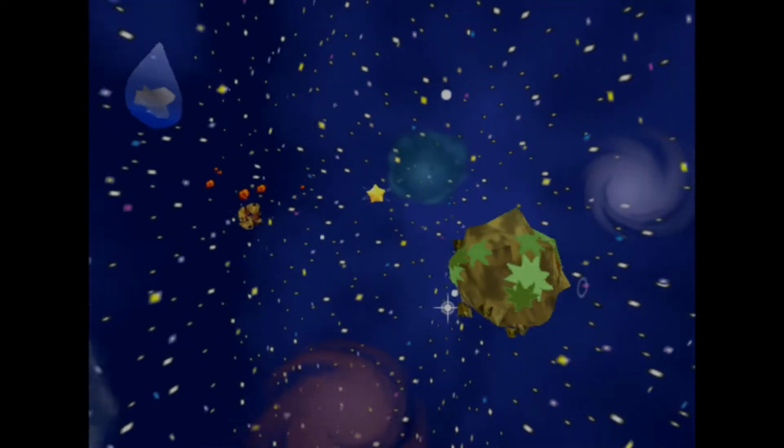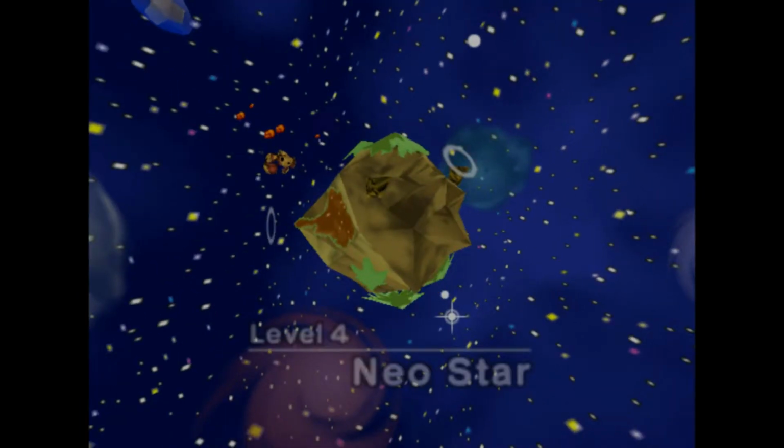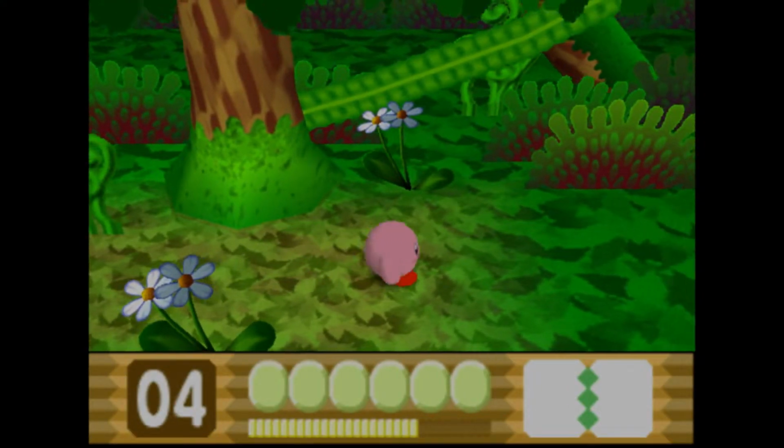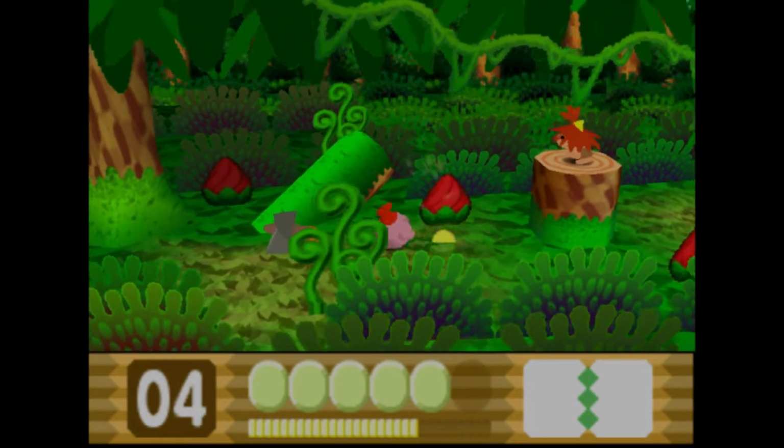In that previous episode, we finished off Aquastar, yay! And in today's video we're going through Neostar, which means we get to meet one of the best characters in Ruby, woohoo! So, as we go across this area, I gotta say, this has been kind of an interesting world